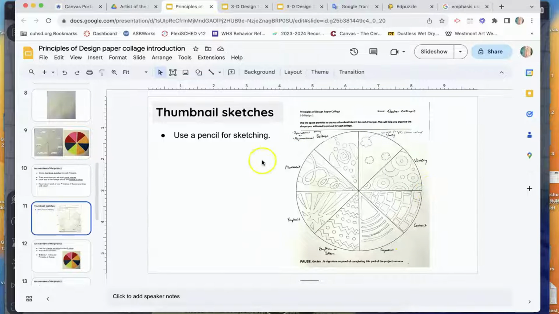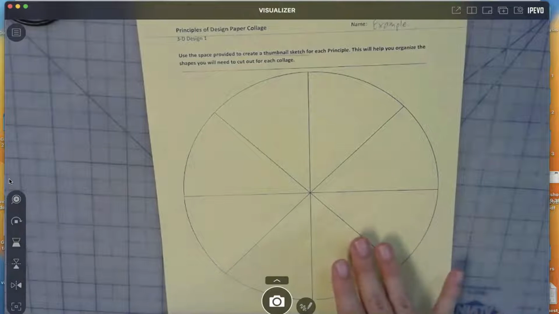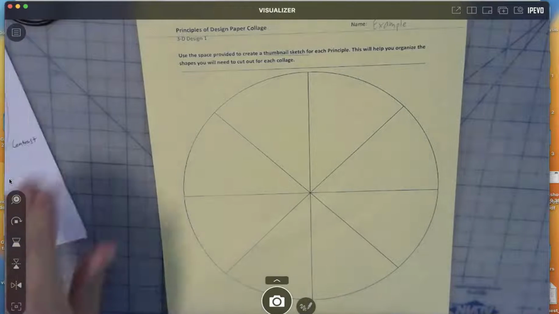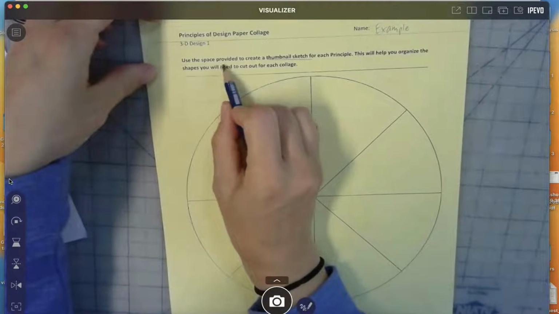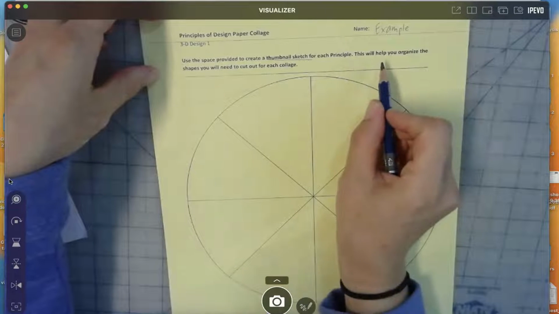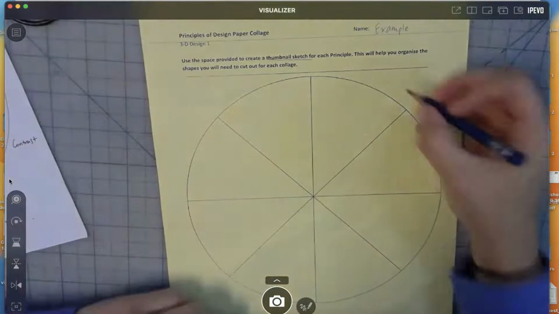Let me show you how to actually label your thumbnail paper. It looks like this. It is yellow, and let's get a pencil. Using the space provided, create a thumbnail sketch for each principle. This will help you organize the shapes you will need to cut out for each collage. Follow along.